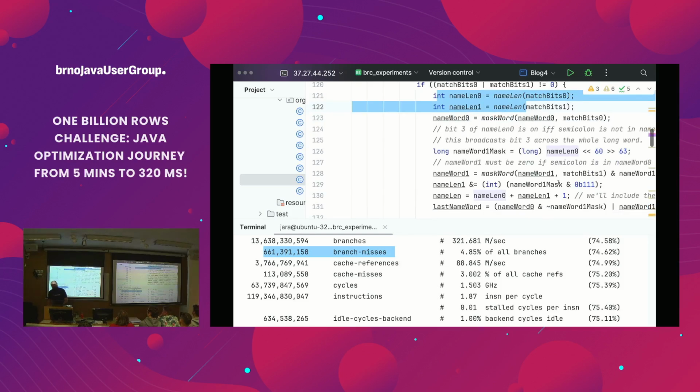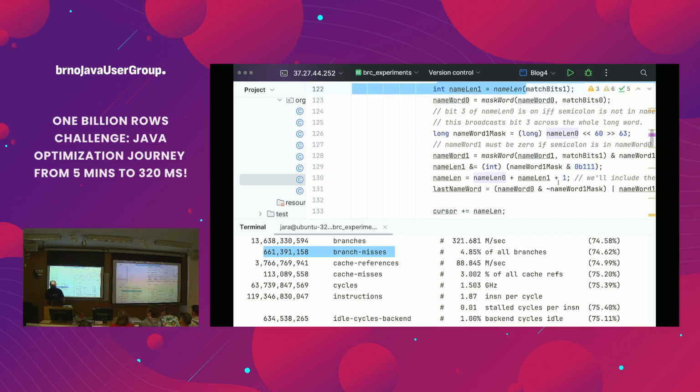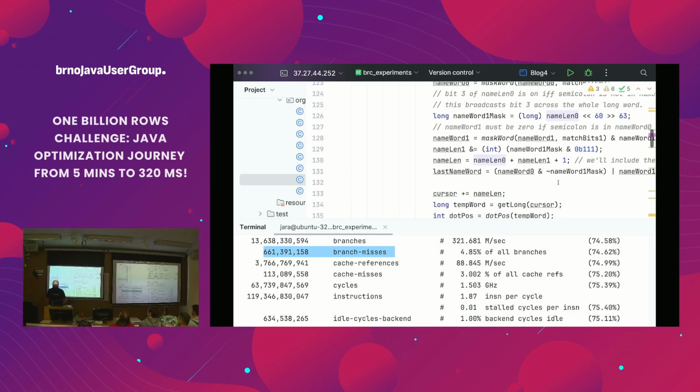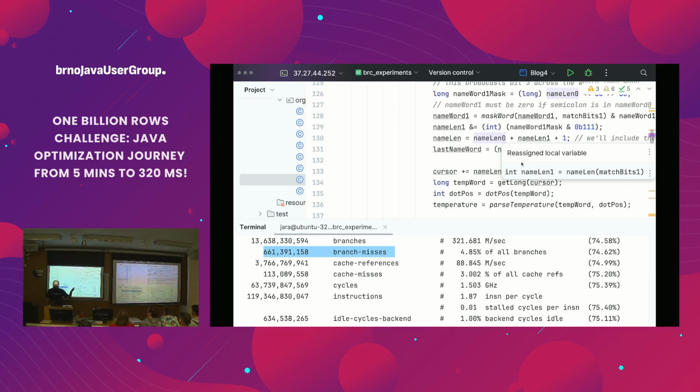Then it needs a little bit of extra masking to make sure, okay, I read 16 bytes, but the semicolon was at position 5. It means that the second word, the second 8 bytes, should be completely ignored, but I do not want to have another if. I don't want to have another branch. So again, with a little bit of bit magic, I basically eliminate the effect of that second word if the semicolon is in the first 8 bytes.